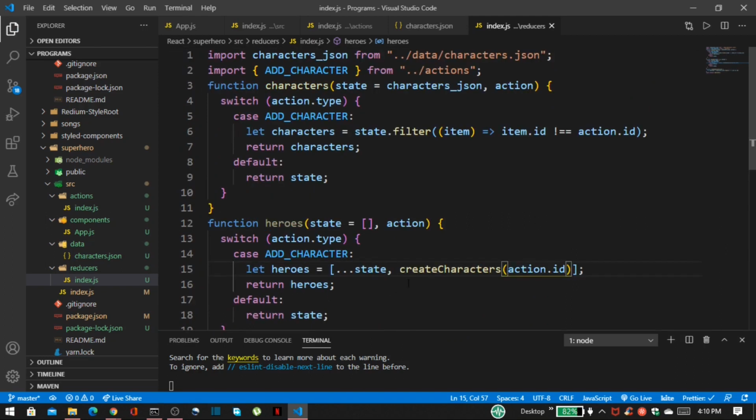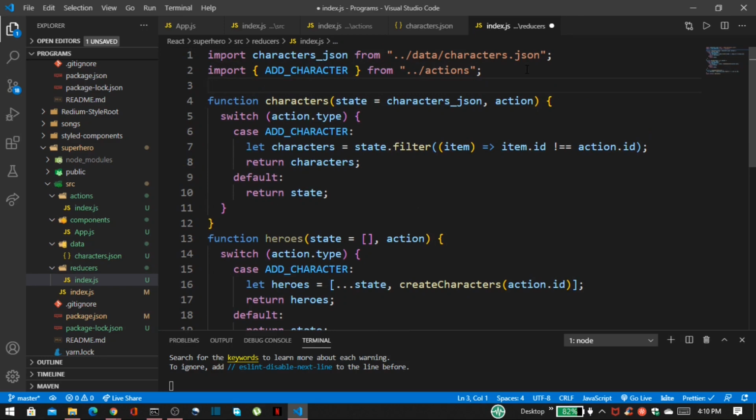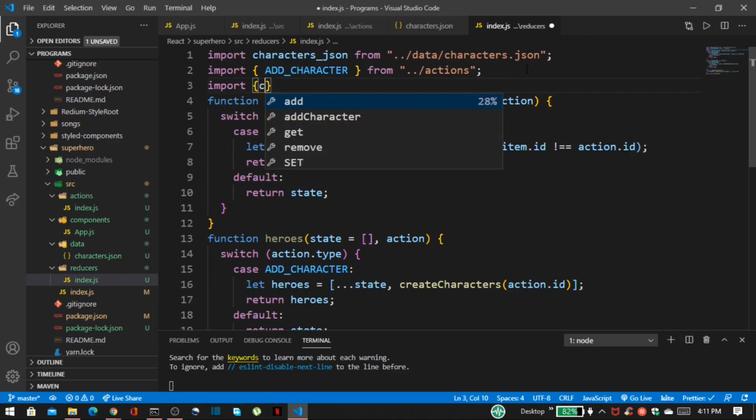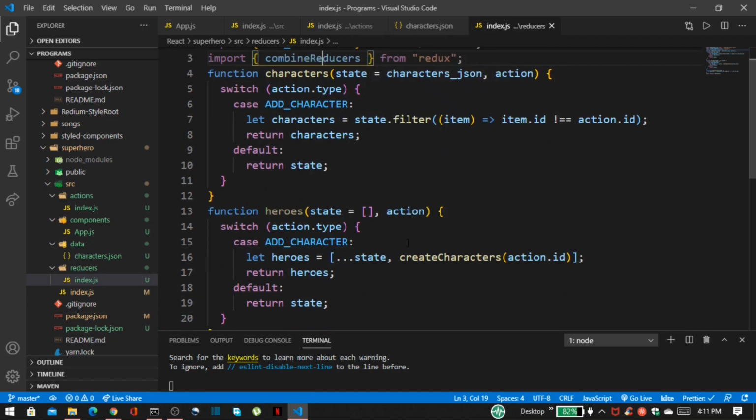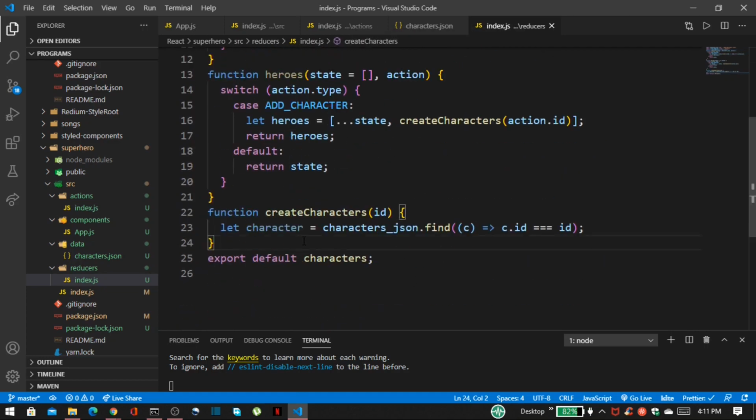So inside our project there are many reducers. So to handle them, Redux gives us functionality, that is the combine reducers method. So first we have to import that combine reducers from Redux. To use this, let us create a variable called root reducer.